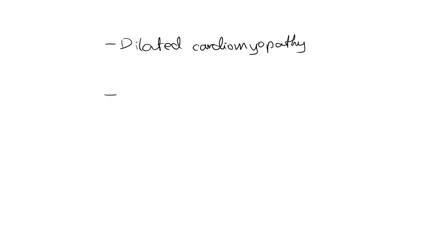The next type is hypertrophic cardiomyopathy, and this is essentially the opposite of dilated cardiomyopathy in that we can have a reduced lumen size of the heart, which means that there is a reduced ability of the heart to carry blood, and as this is a hypertrophic condition, there is an increase in the thickness of the myocardium, which means that the person may be suffering from conditions such as hypertension,